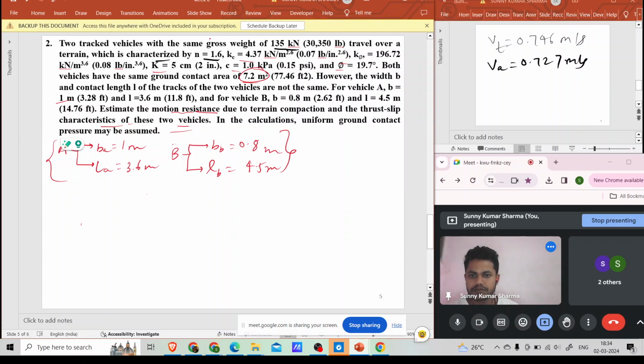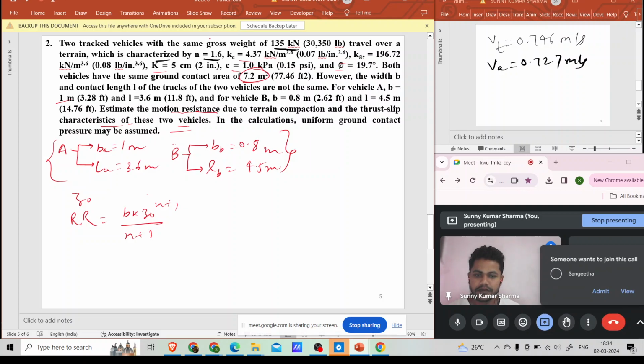So the first thing which you have to do is to first find sinkage, then motion resistance, load resistance, which is K Z0 to the power n plus 1 by n plus 1. Then we will